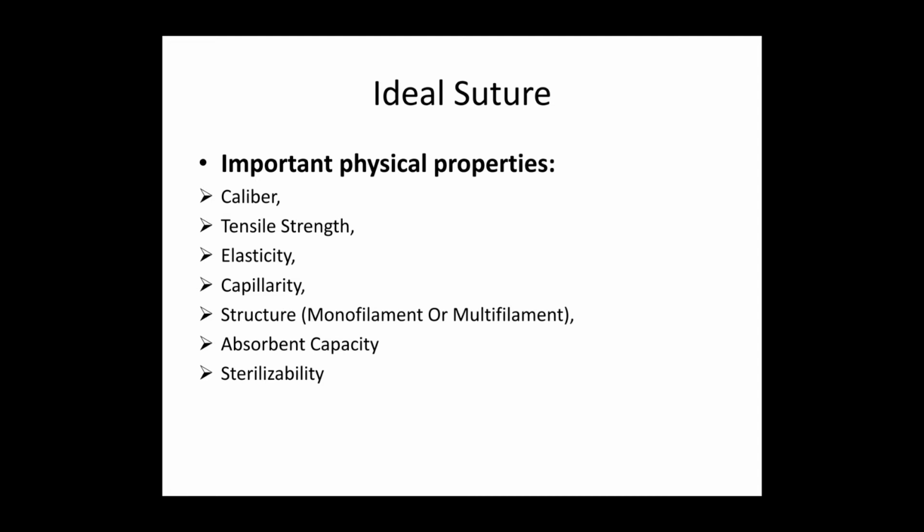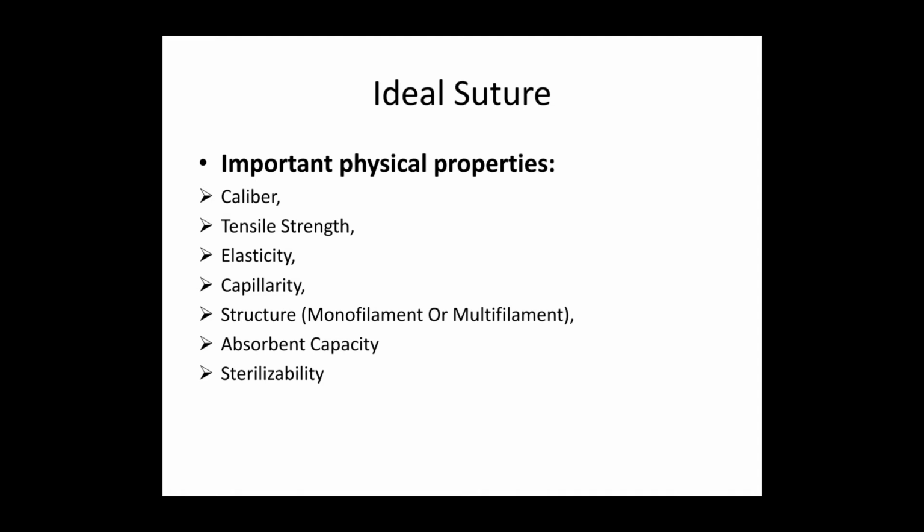If it isn't, for example if we are using a catgut for bowel anastomosis, there are high chances it may give up in 6 to 7 days, before the anastomosis has healed, so chances of leakage are very high. So selection of suture materials is very important, and a surgeon should always know the tensile strength and the caliber of the suture material, these characteristics.